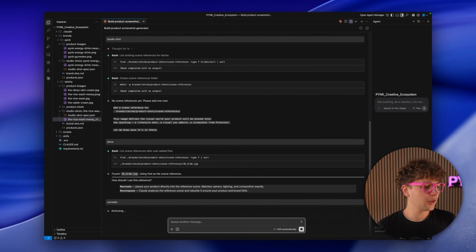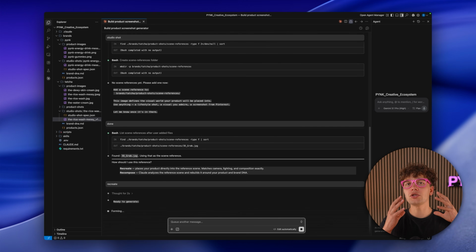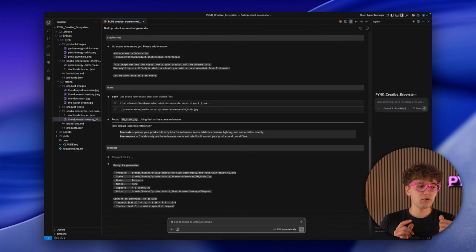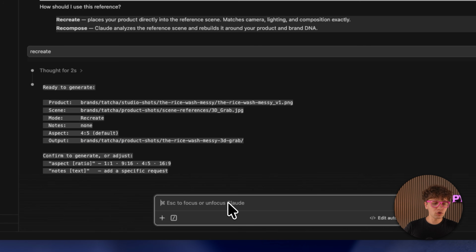Let's hit enter, and it will basically write the full prompt for us for the recreation. It will also give us the chance to make some adjustments when it comes to formatting. We can add some additional notes. In this case, it would go with an aspect ratio of 4:5 by default. And as you guys can see, it will save that output to our project folder. I don't have any specific notes, but I would, for example, prefer a 1:1 output. And I think that's it. So I will tell it go ahead,